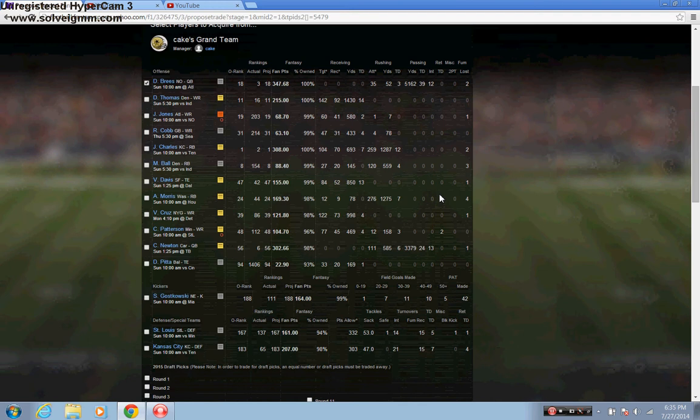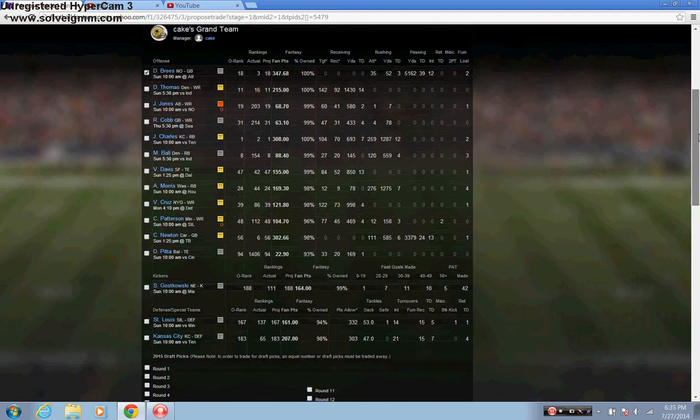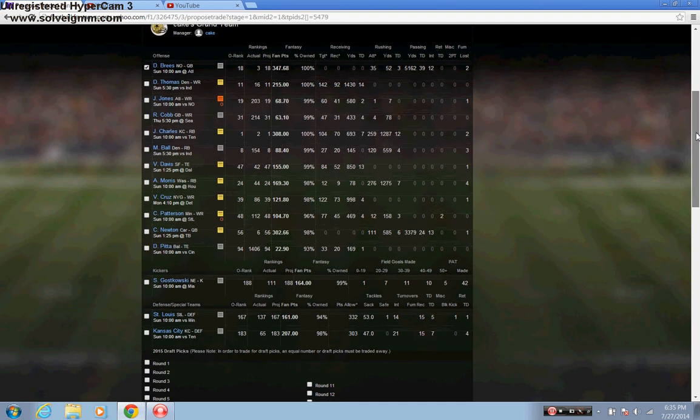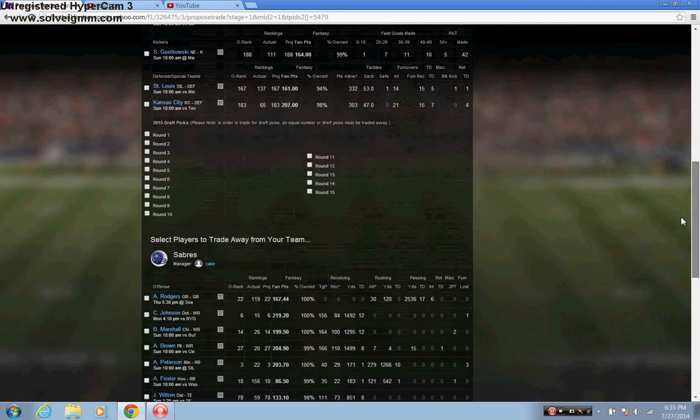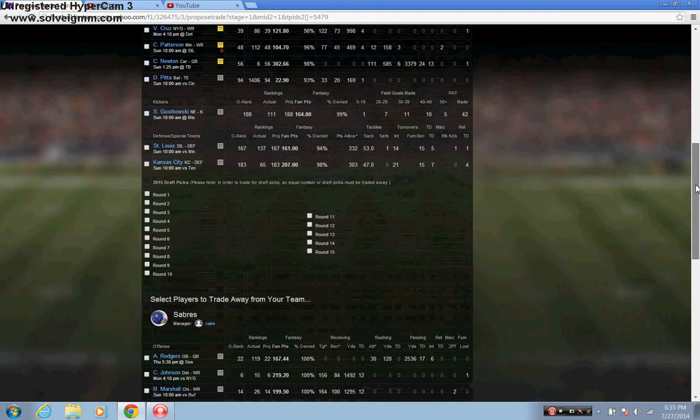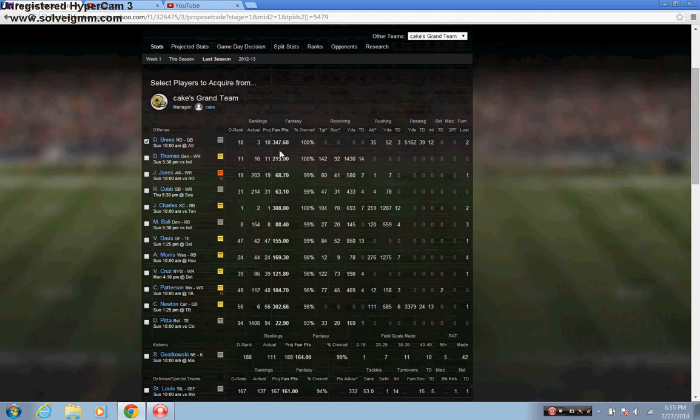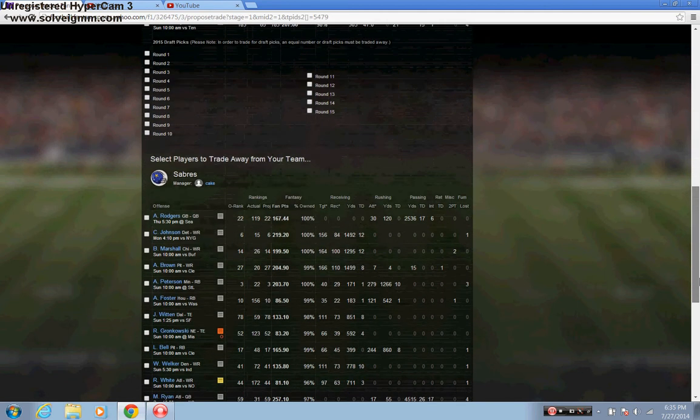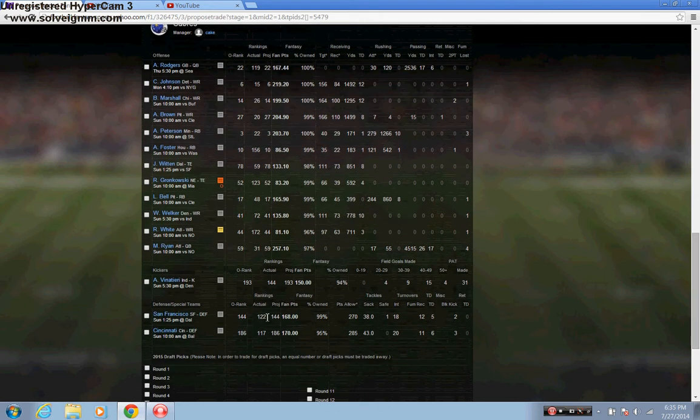Look for what their need is, what you think they would be looking for in return. Don't try to, if they have 5 great wide receivers, there's no point in offering them another wide receiver. If they have just the two good running backs, and you really think they have a couple of byes coming up or something, and you have extra running backs, that might be a good indication that you got a trade partner. So again, clicked on Drew Brees, that little trade icon, and say we had, you know,